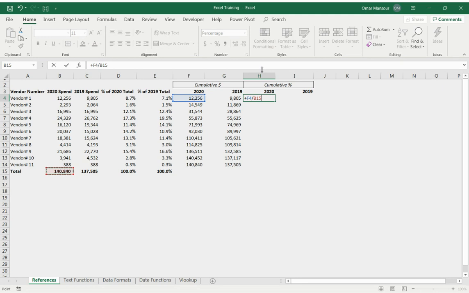What should we lock here, right? Because we know we're going to be using this in column H and I. So again, I would suggest that the proper way to do this would be to only lock the row number, or 15. So instead of